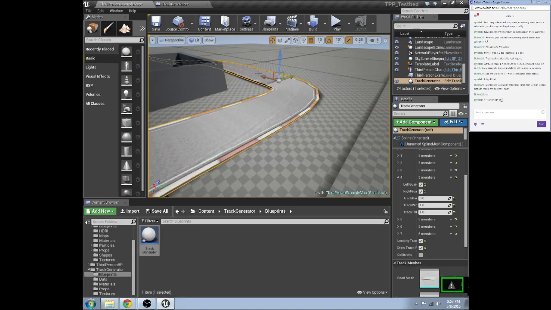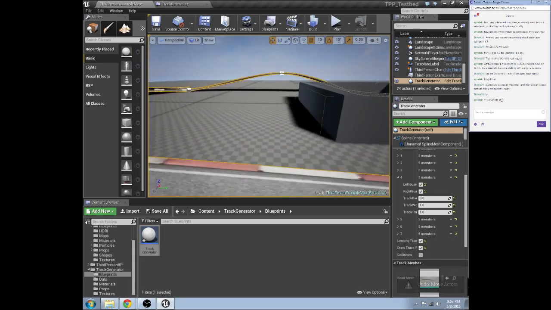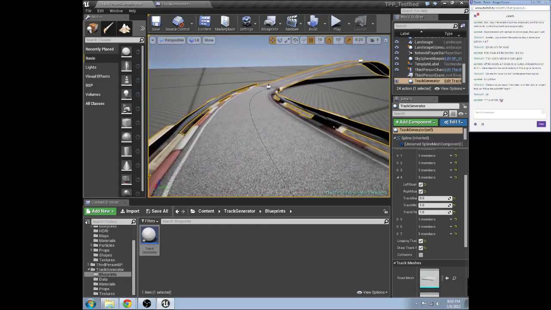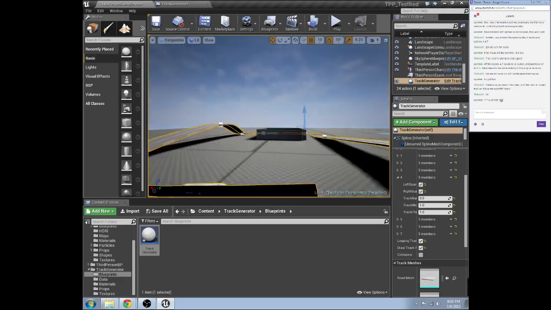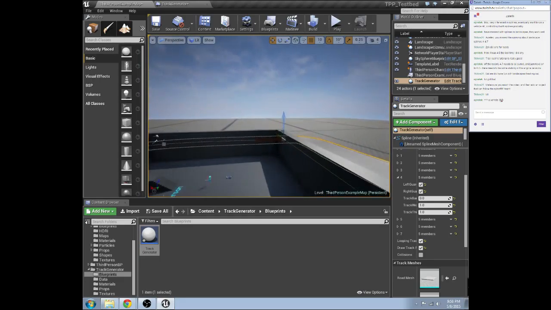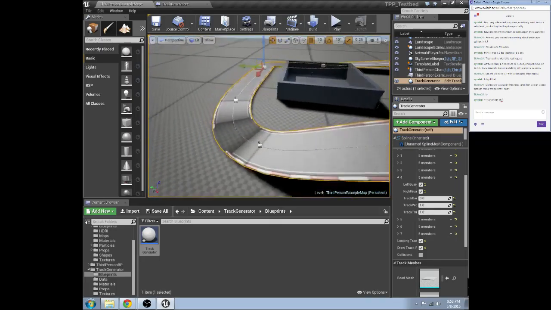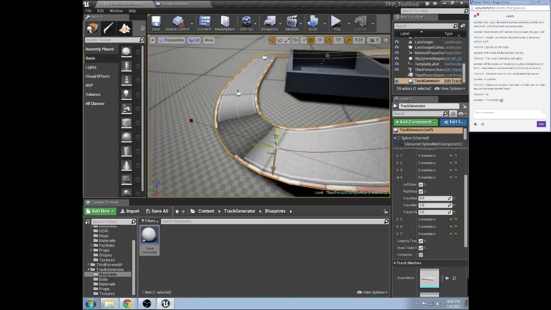Oops. Okay, so we've got the initial setup. Next Wednesday, we're going to have something go around and follow this. What we can do later is open a vehicle template and actually add the spline